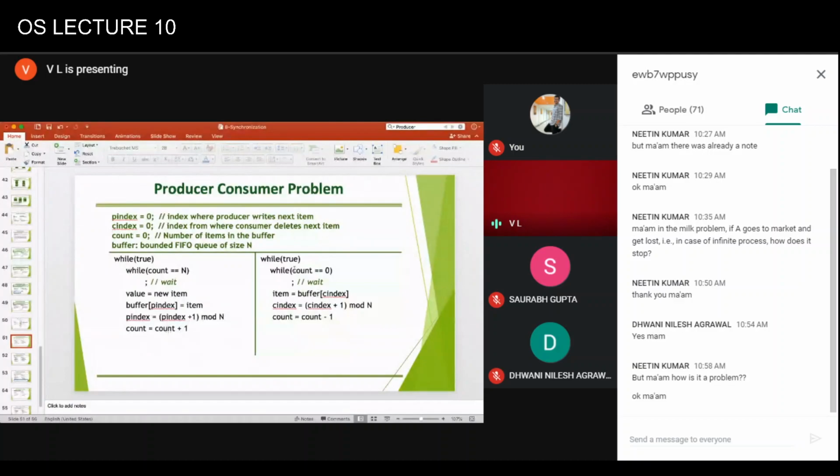But before it could write it, let's say the consumer is also writing. So both of them read the value 4, but the consumer is the last to update, so it will appear as if there are only 3 items. So some of the items would be missed, and that could be the problem. The producer might be producing, but the consumer will assume that there are only 3 items left.